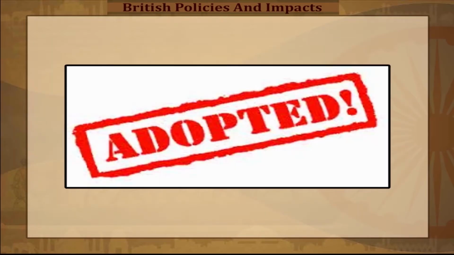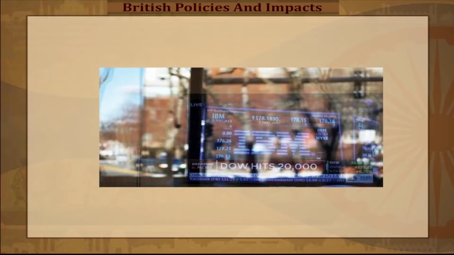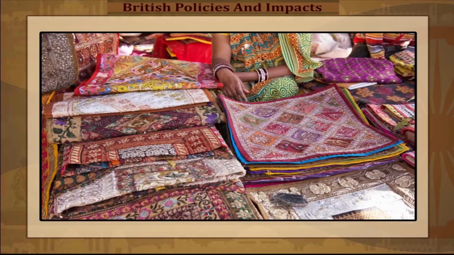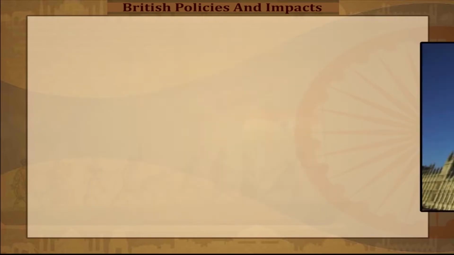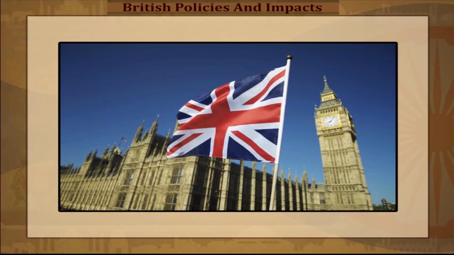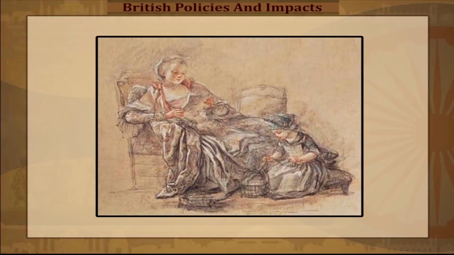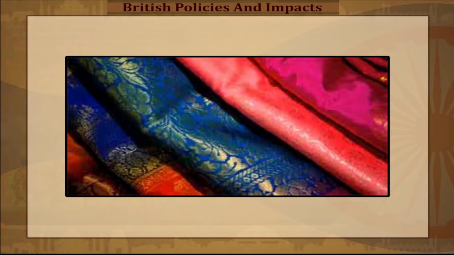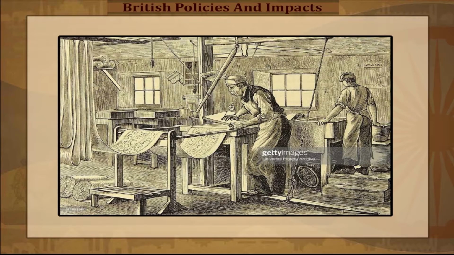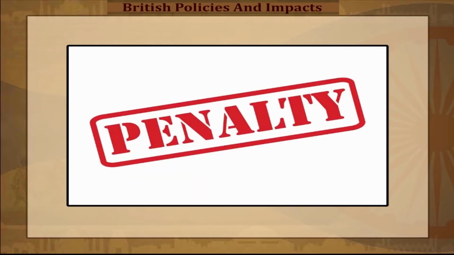British government adopted a series of measures to restrict or prohibit the imports of Indian textiles into England. Apart from other measures, in 1720, the British government forbade the wear or use of Indian silks and calicoes in England on pain of a penalty on the weaver and the seller.